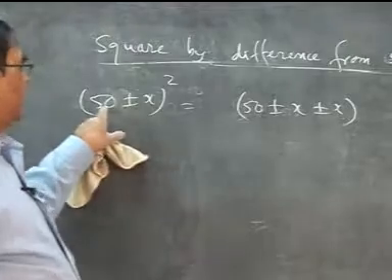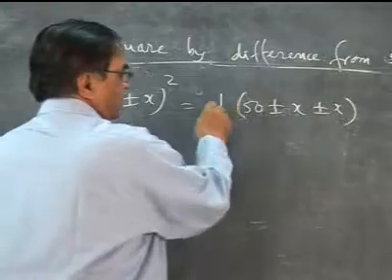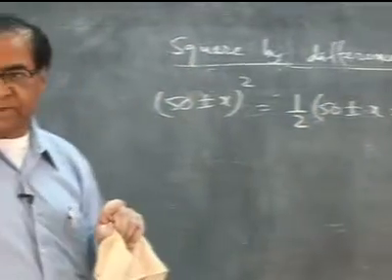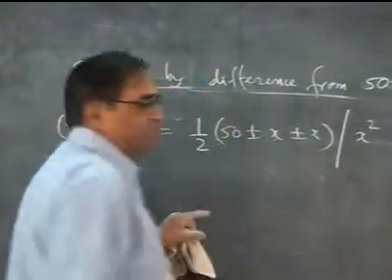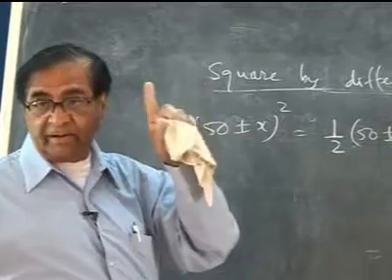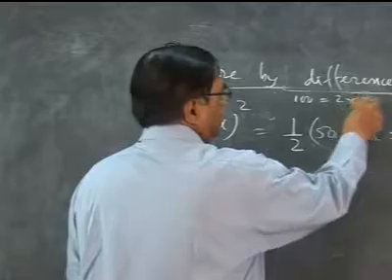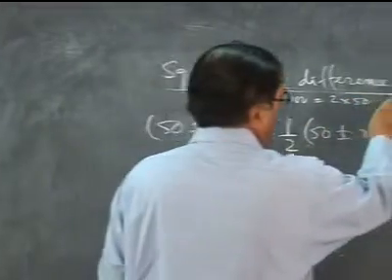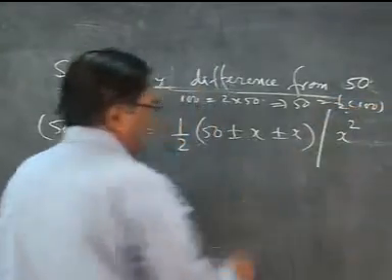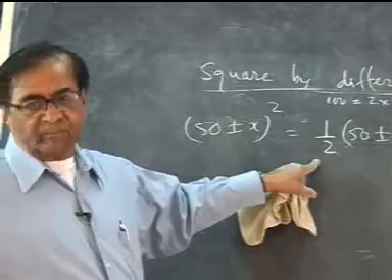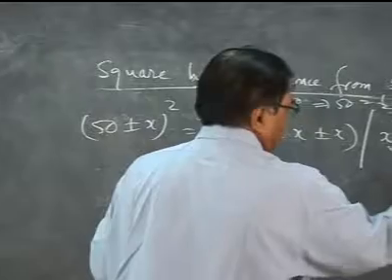Do you remember, I consider 50 as half of 100. So I can multiply by the half ratio, and the square of this will be x square. Do you remember we had taken 100 as base. 100 is 2 times 50. Obviously 50 is 1/2 of 100. So 1/2 is to be multiplied here as the ratio. And here the base is 100, so you should say x square into 2 digits.